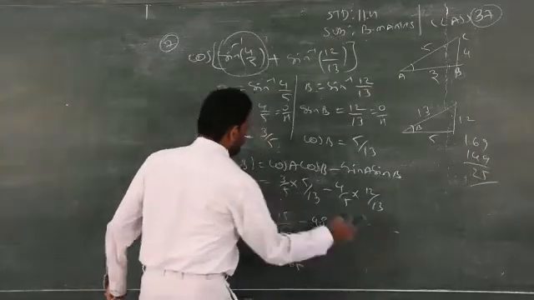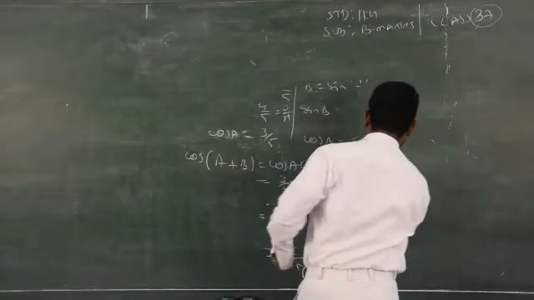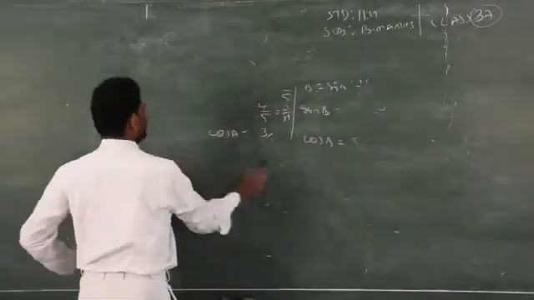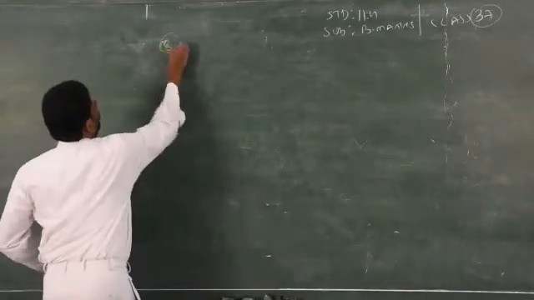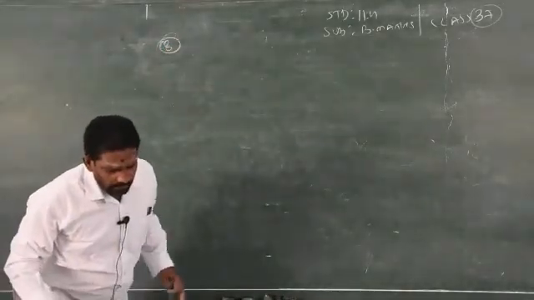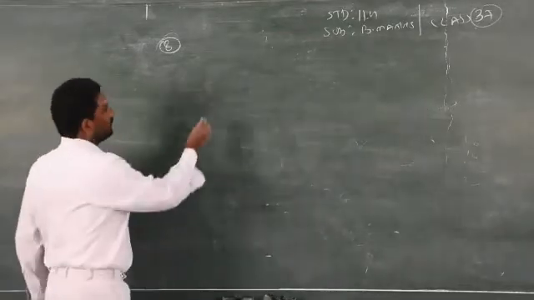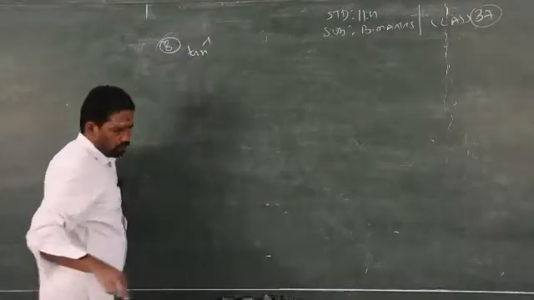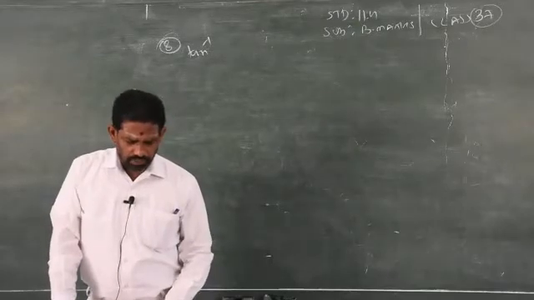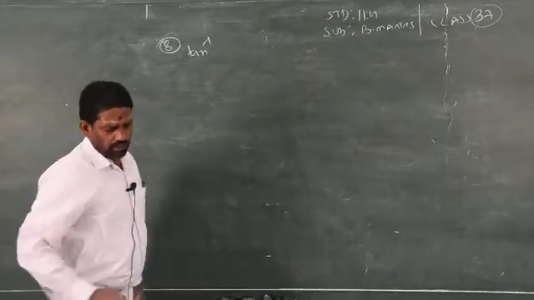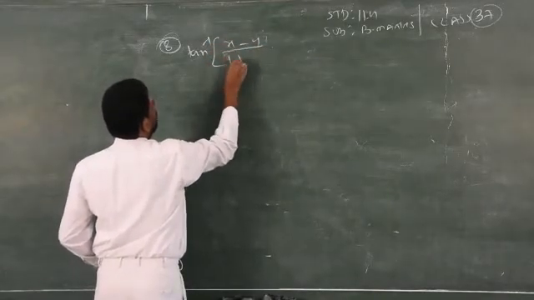Now we'll go to sum number 8. So only 2 more problems, and we are finished. What is sum number 8? Prove, like sum number 2. I will do only half of the part. It is given tan inverse of m by n minus tan inverse of m minus n by m plus n. So straight away write the formula, that is x minus y by 1 plus xy.